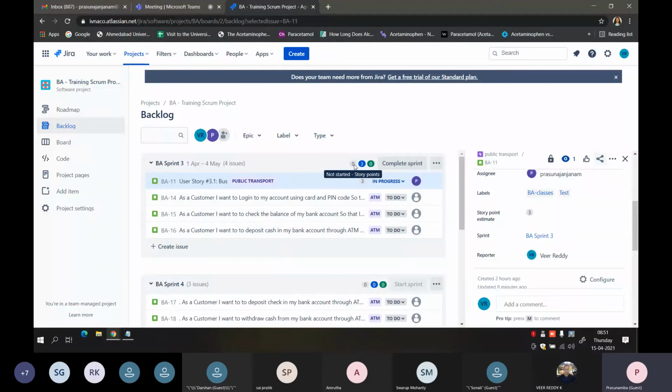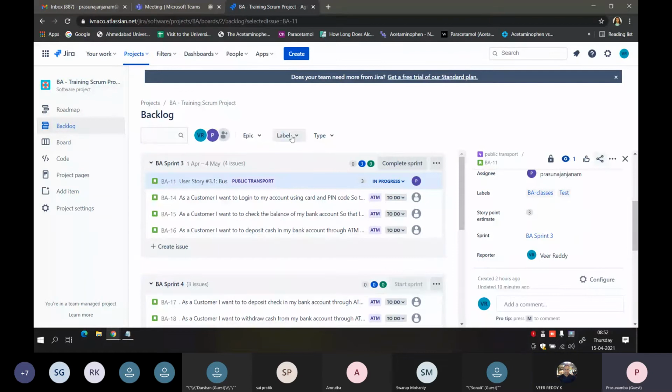You can see not started story points, in progress story points, and done story points. So basically the sprint's complexity would be calculated using these story points. Because we haven't given any story points to the other ones, we are seeing only 3 over here. And because this ticket is in progress, the 3 is added to in progress story points.